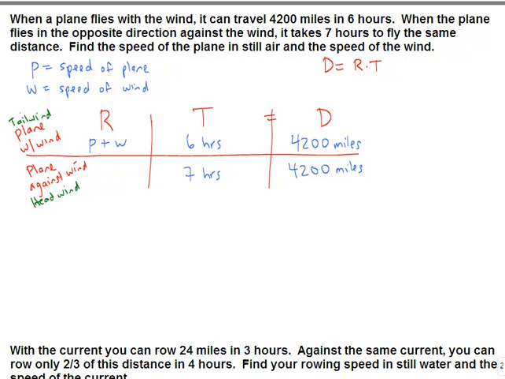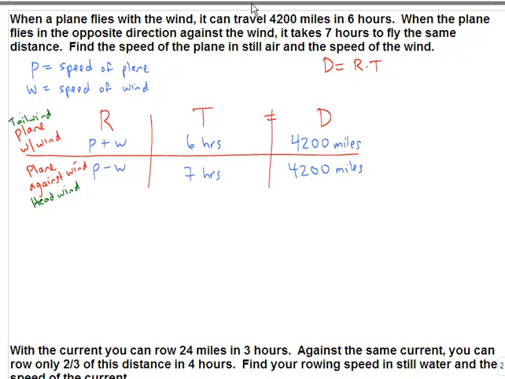So when you go in a headwind situation, it's going to be the plane speed minus the wind slowing it down. Notice here that the plane speed should always come first, minus the wind. Okay, so that's going to be the same for every problem. Every plane with the wind is going to be P plus W for its rate, and the plane against the wind will always be P minus W for the rate. So we've filled out all of our